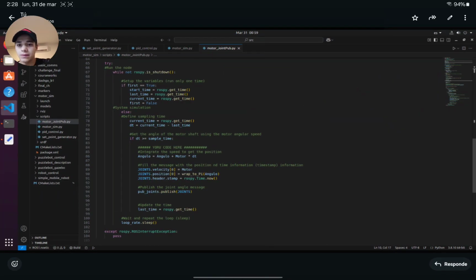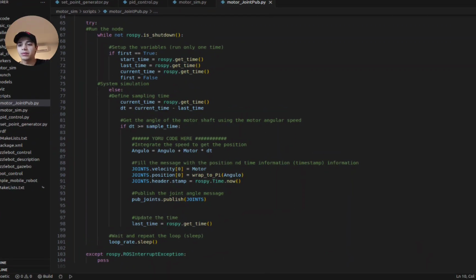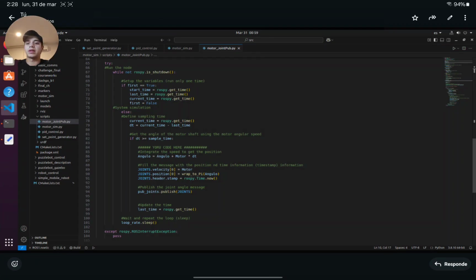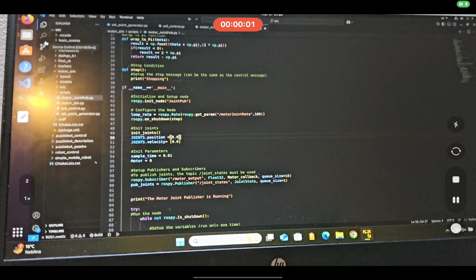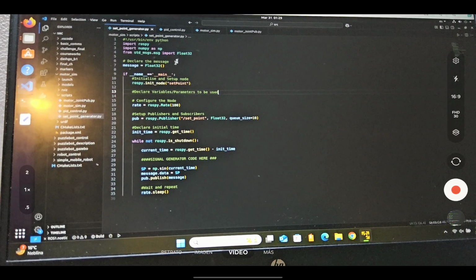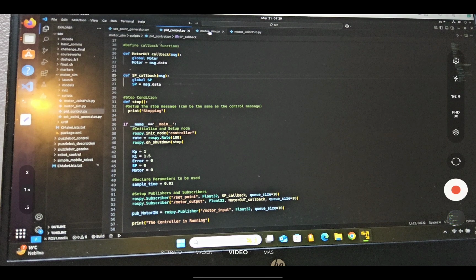Here we establish that our joint's velocity is equal to the motor velocity, and the position is equal to the pi of the angle. And that's basically the code. Here it is working. Here is the code that I just showed you: the set point, the PI controller, our motor sim,